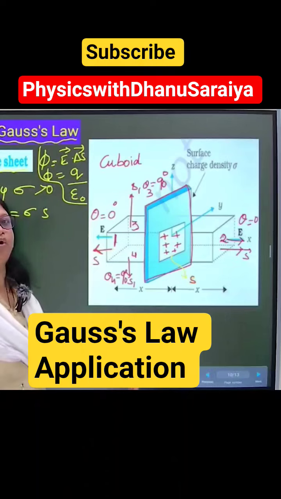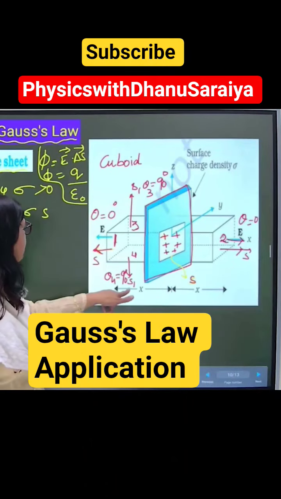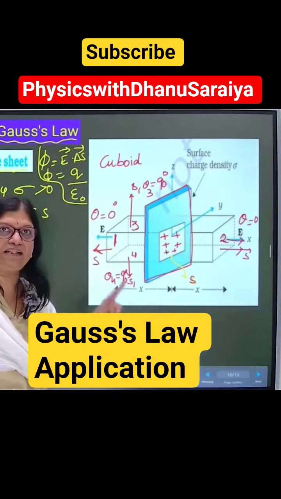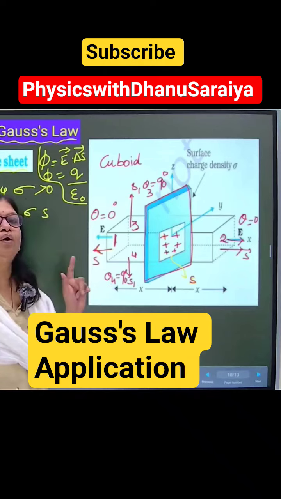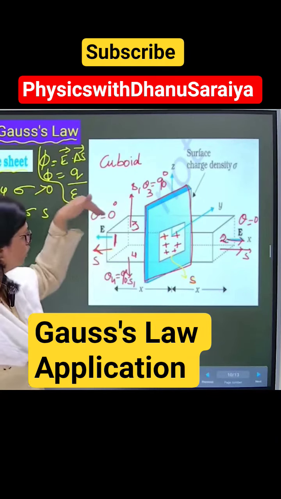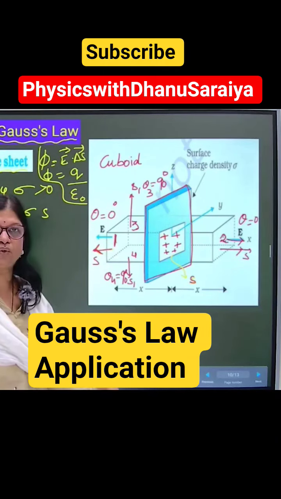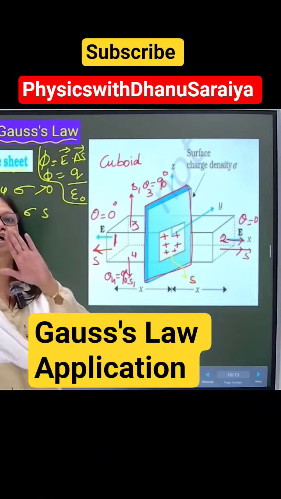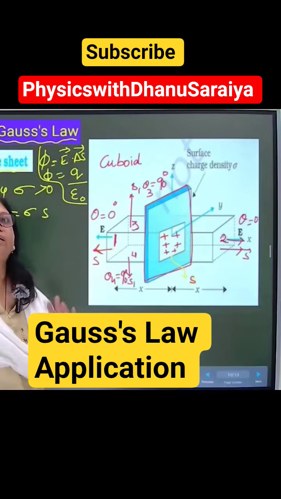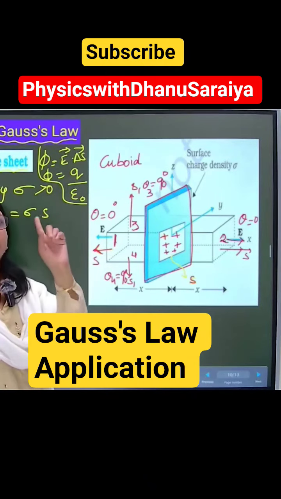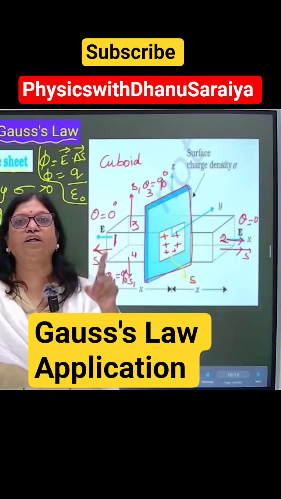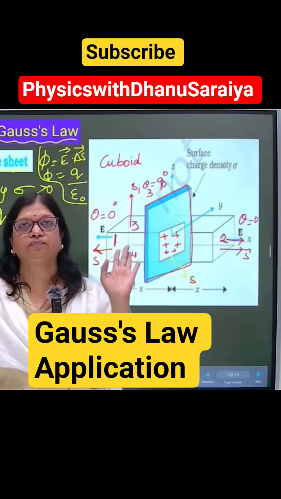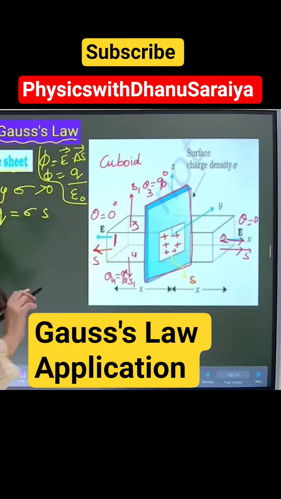For surface number 4, the angle between S1 and E is again 90 degrees, as you can see. So cos 90 is 0. So for surface number 4 also, you can avoid writing the flux. So we have flux only through two surfaces, 1 and 2. Fine. Okay, so I am writing